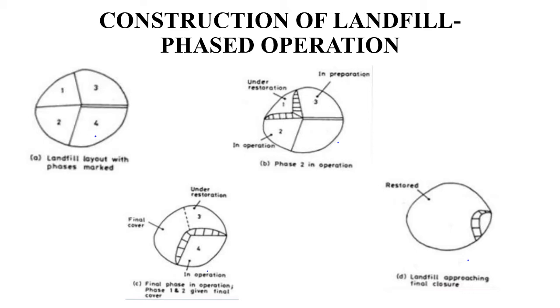Now what happens during the construction, I have explained multiple times, but just for clarity I'll explain it once more. You will have your liner system. Suppose I'm starting with phase 1. How does the construction proceed? First you have your landfill liner system which is constructed, and then over that, during the operating period, suppose your operating period is 1 day, then daily you will have some volume of material coming onto your landfill area. You will dump that, and then you have to provide a daily cover to it.